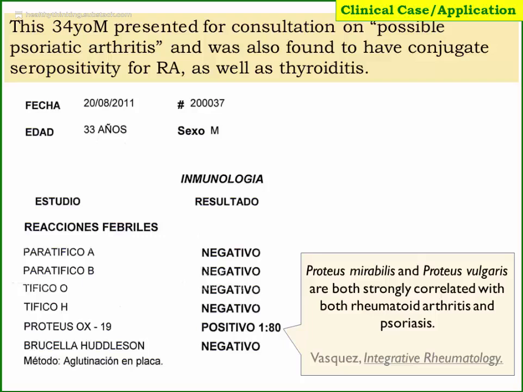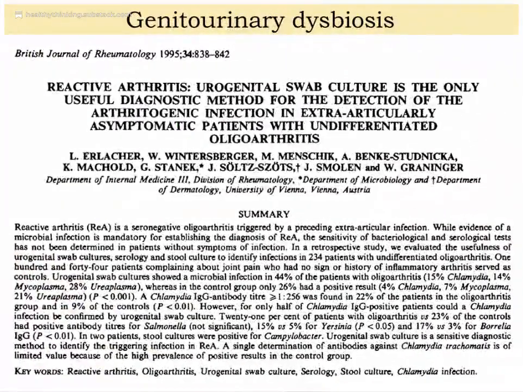What we're looking at here towards the bottom of the page are antibody titers against specific microbes. In this case, he came back positive with a 1 to 80 titer for anti-Proteus antibodies. So that would be consistent with the research that we looked at on the previous page, that Proteus is connected with rheumatoid arthritis. And as I state here in the text box, Proteus mirabilis is definitely associated with rheumatoid arthritis. Proteus vulgaris also perhaps more strongly associated with psoriasis. One of my favorite publications here, this publication is now